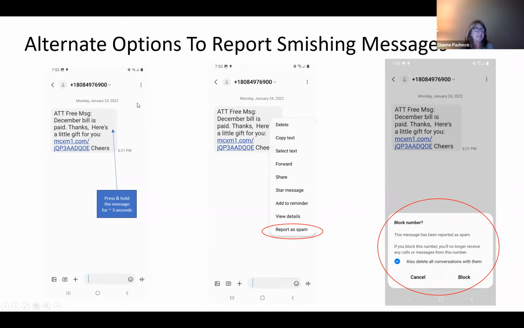On some phones, you might have to hit the 3 dots, the ellipsis, to get the menu. What you don't want to do is be pressing the link when you're doing this.